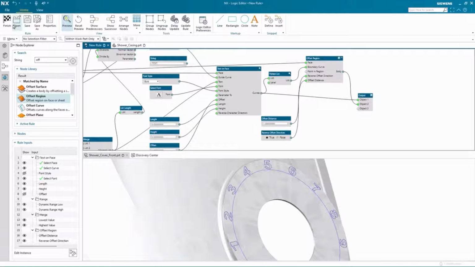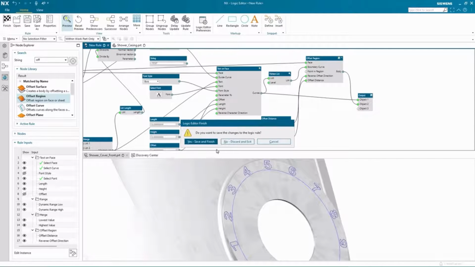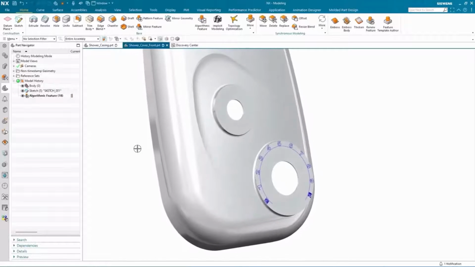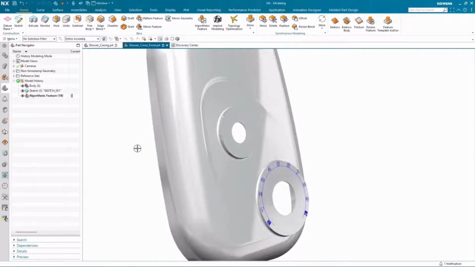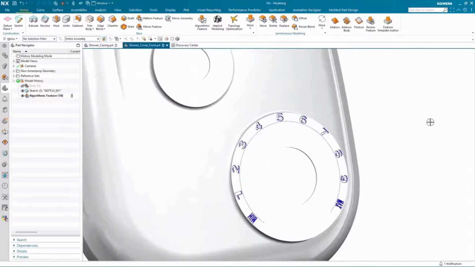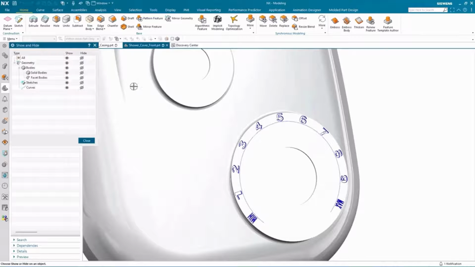I can now exit the logic editor but save the rule as I've modified it, and I'm back in the front cover. You can see the features in the part navigator. I'm just going to hide the original body, and now our algorithmic feature includes that offset region. If I just go ahead and hide the sketch, we can go back in and make an edit to the